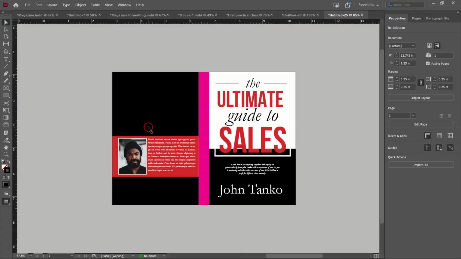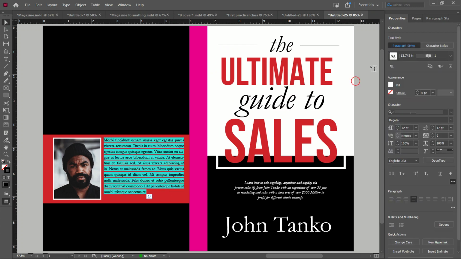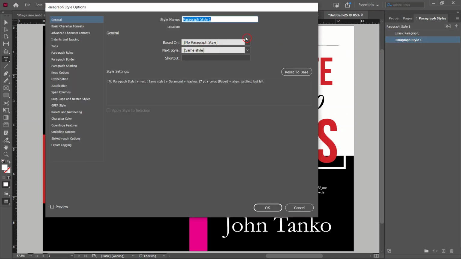All you just need to do is click on the text, select it, go to your paragraph style, and create a style for this guy. Okay, create a style for this guy. Let me just click on style, paragraph style. Let me rename it, double click it to rename it, and you can change it there. So your paragraph style, this name should be